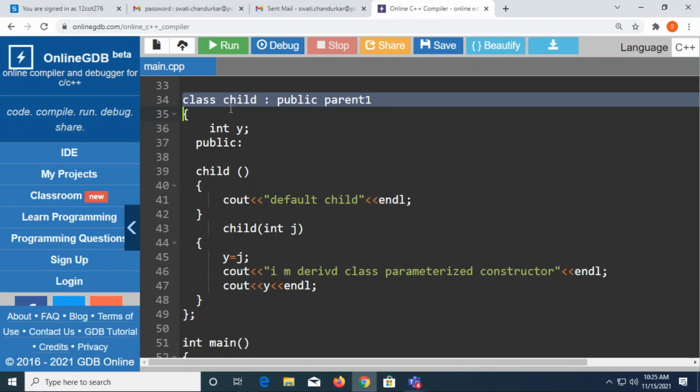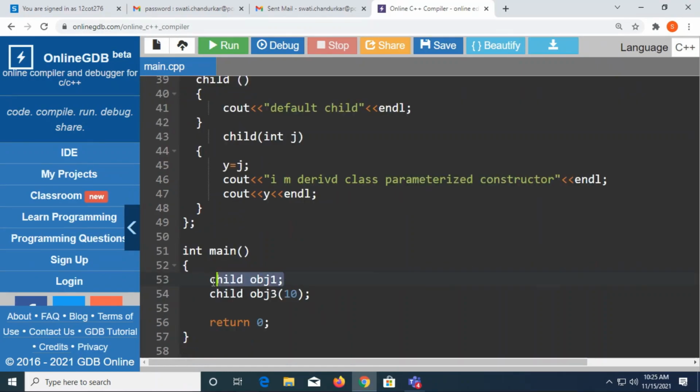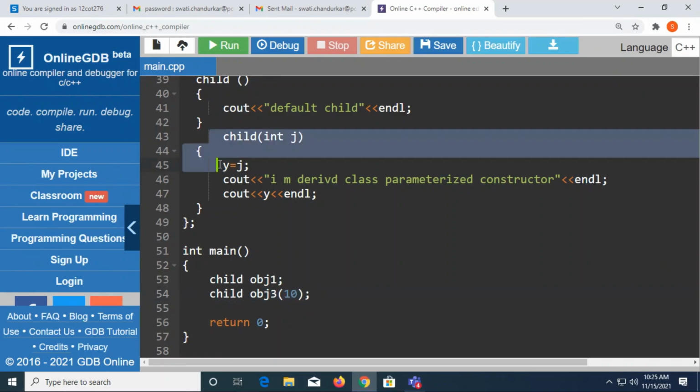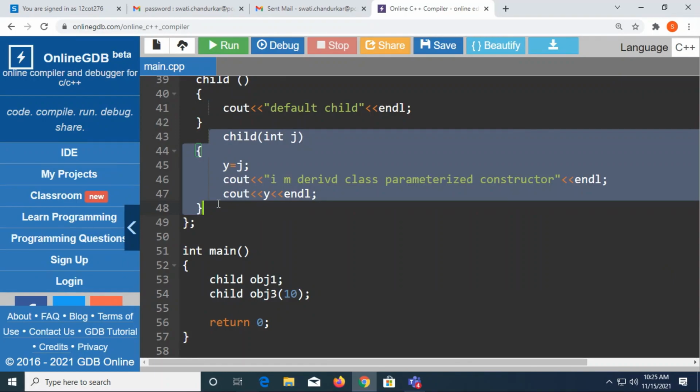So for that reason, we need to specify it explicitly in the child class which parent class parameterized constructor you want to give a call. The reason is it is not for us, it is for the compiler. कंपाइलर को ये स्टेटमेंट एग्जीक्यूटेबल है, अंडरस्टैंडेबल है, बट कंपाइलर को ये स्टेटमेंट फुल ऑन अंडरस्टैंडेबल नहीं है. This statement is understandable to the compiler only with the limitation that this is going to give a call to only the parameterized constructor of my child class.